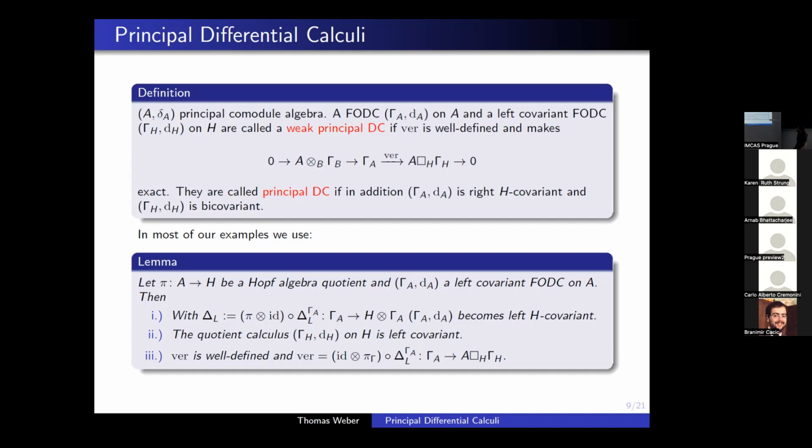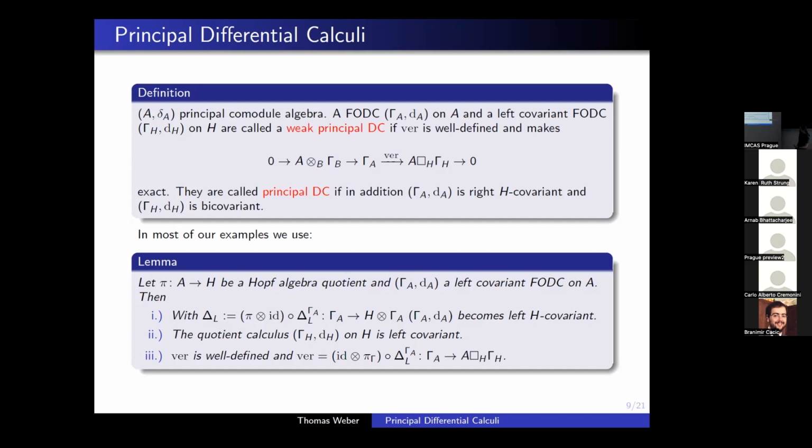So before tackling the examples, I will show you a lemma that in most cases we will use to make sure that the vertical map makes sense. So this is an easy tool so that we don't have to prove all the time that the vertical map is well defined. What does this lemma say? If A is now not only a comodule algebra, but even a Hopf algebra, and we have a Hopf algebra quotient,